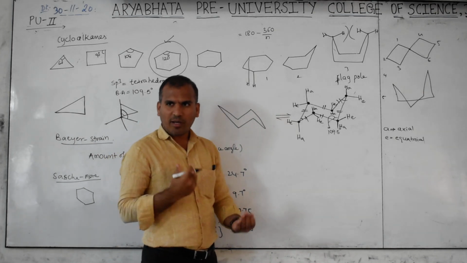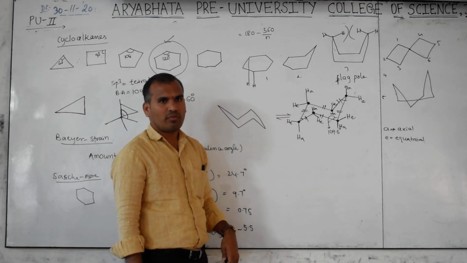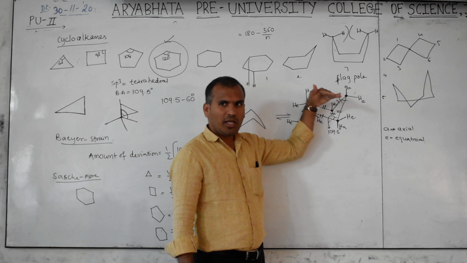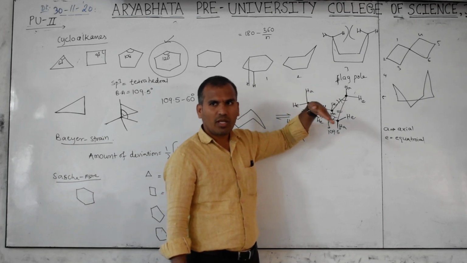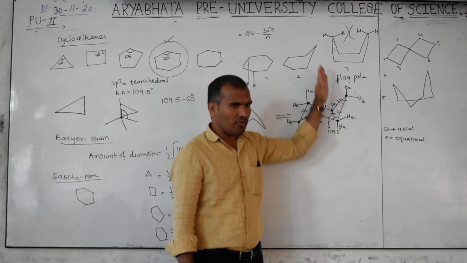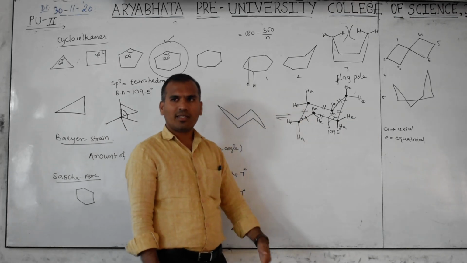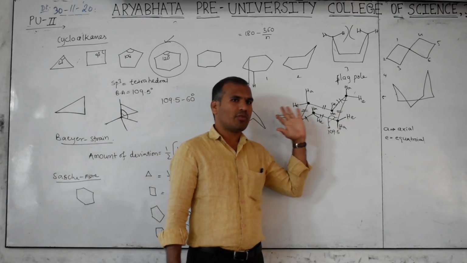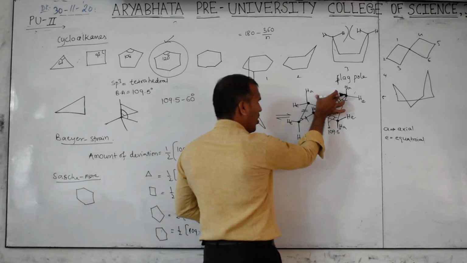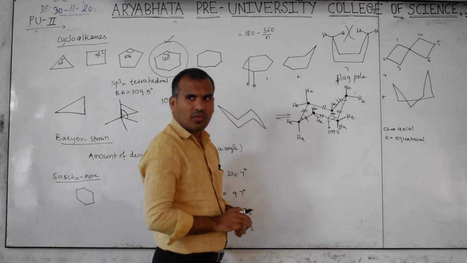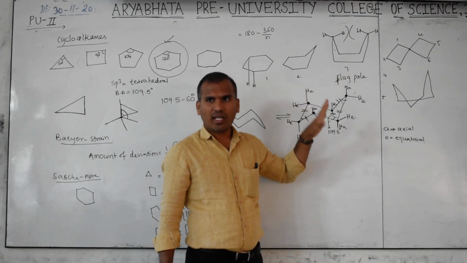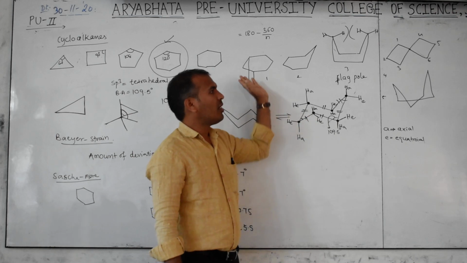Clear? Why I am explaining this up and down is to identify cis and trans also, based on this. Axial hydrogen, what is that? Perpendicular to the plane, a vertical line. Equatorial hydrogen is in the plane. Otherwise, we can say somewhat of a slant, inclined line is there. Exactly vertical is axial. Somewhat inclined is equatorial. Clear? So these are axial and equatorial hydrogens. Here, a long gap is there, no repulsion. Like axial, it is there a little bit, but compared with the flagpole, very little. Therefore, this form is more stable than the remaining other forms.